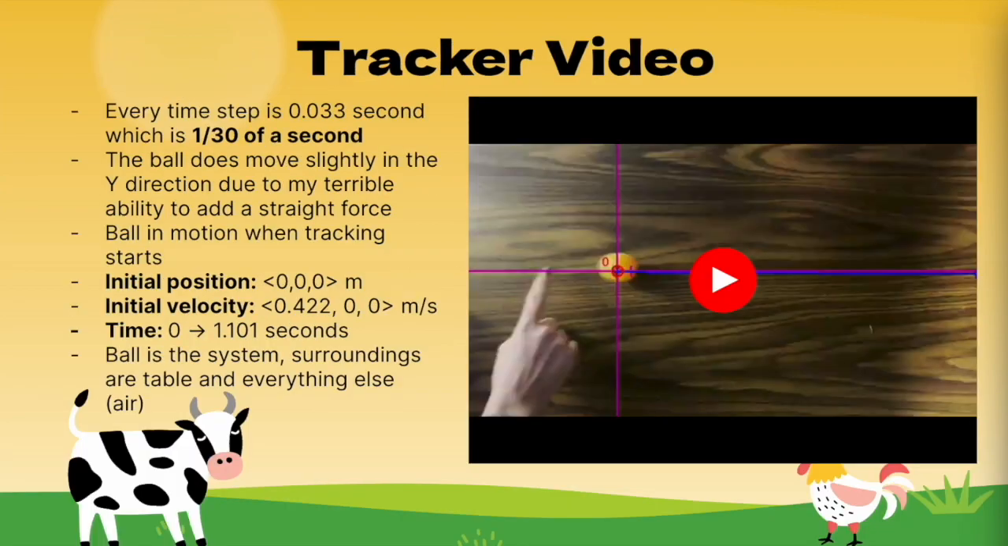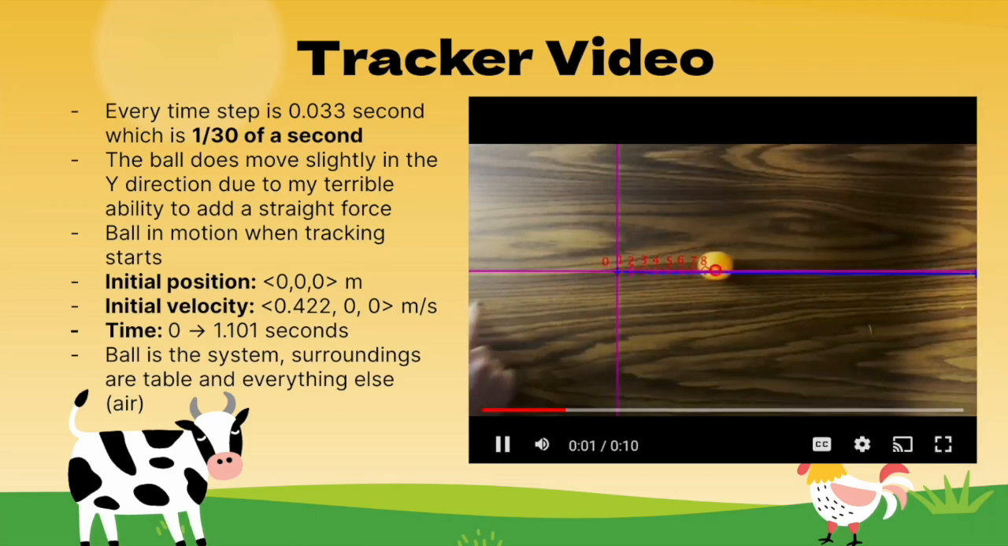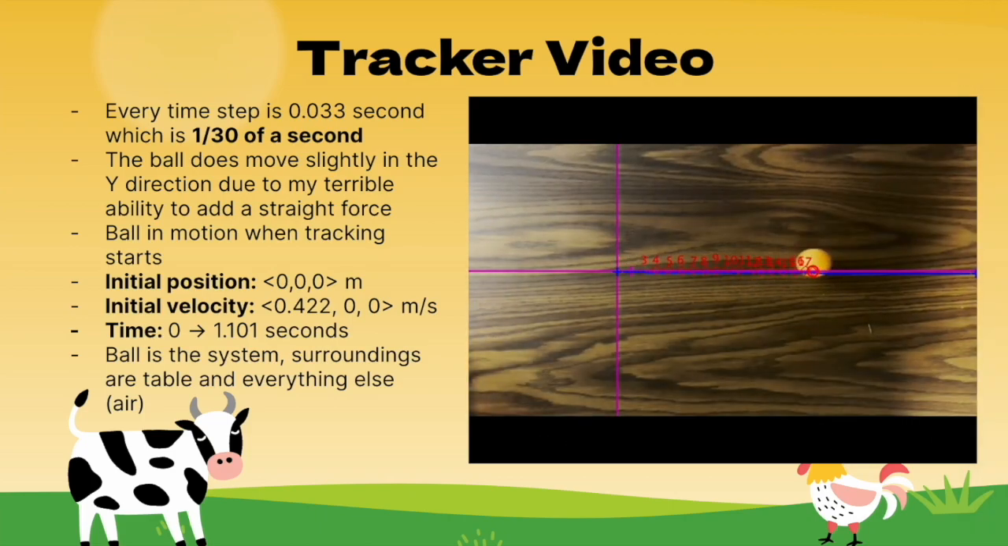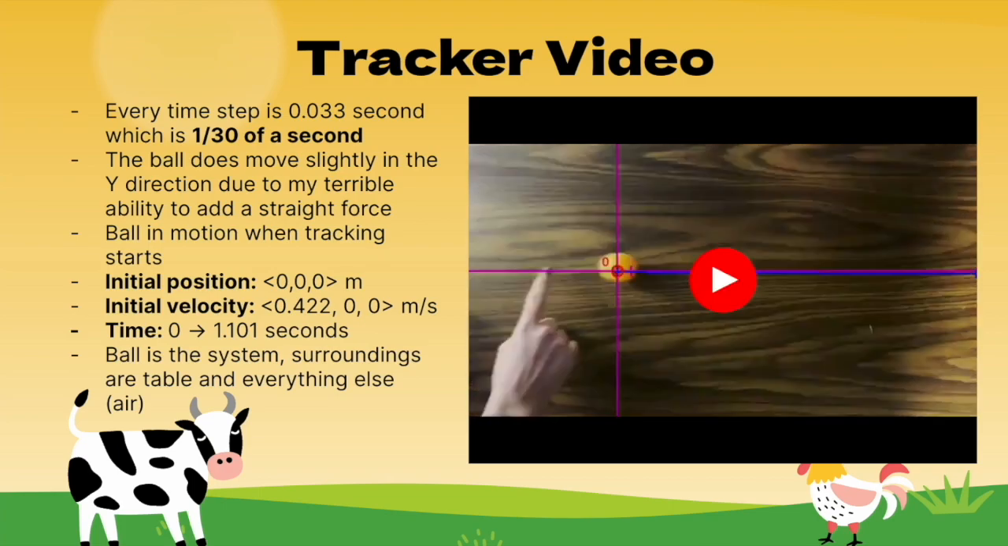Moving on to the actual experiment, we can see in the tracker video that the ball is moving across the x-axis. While I accidentally did move it a little in the y-axis due to my terrible ability to add a straight force, we will not be taking that into account. For this, each time step is a 30th of a second, which will be used later on the computational thing,